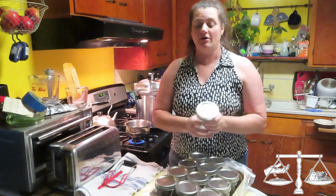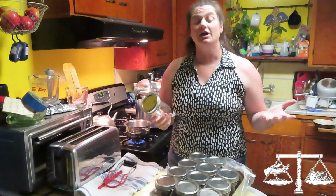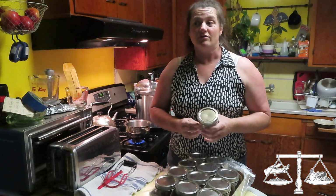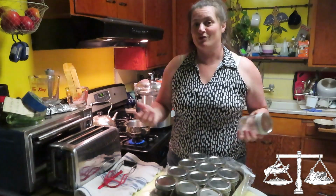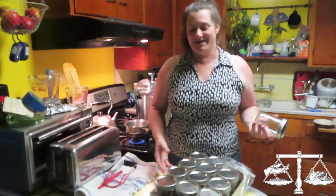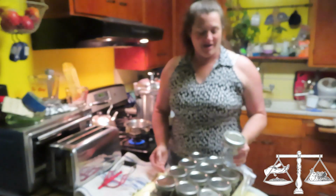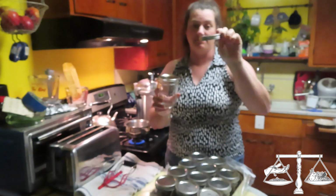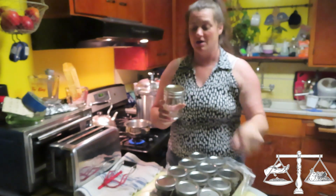But if you're a first-time canner, I would get new jars. You can get jars at thrift stores or garage sales. If you get them at thrift stores, sometimes thrift stores cost more than in the store. So be aware of that per jar. But yeah, so this should have the jar, the band. You're going to want to keep these. And